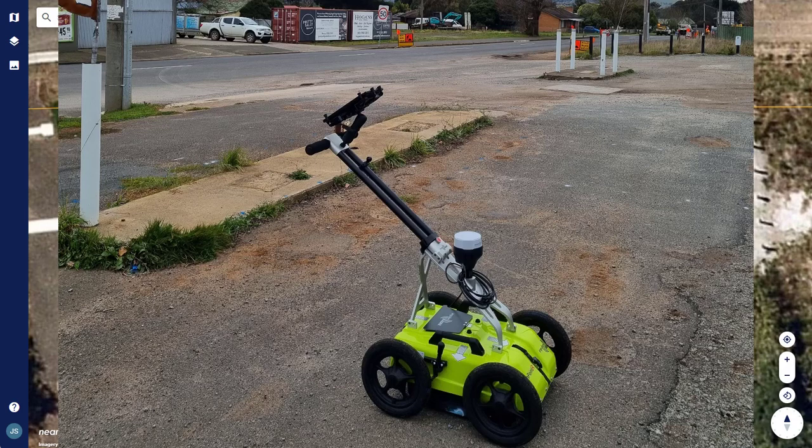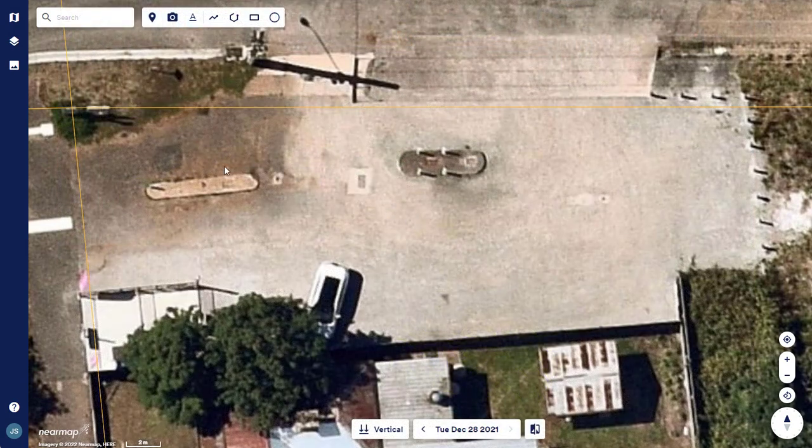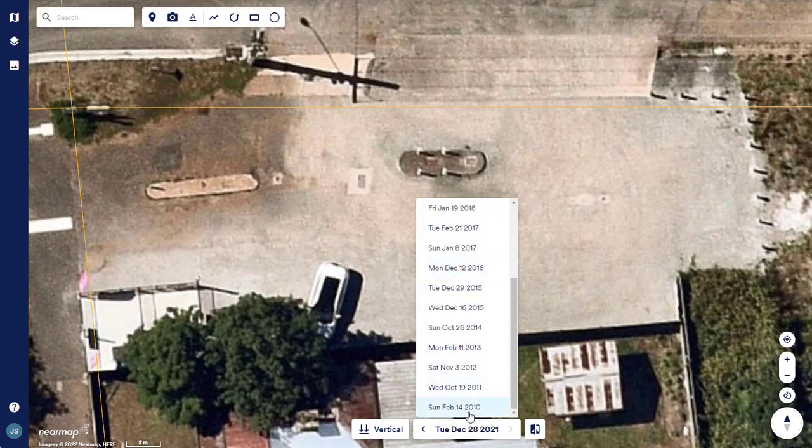The signal bounces off pipes, trenches, and large objects in the ground such as tanks, and those are the types of things that I'm interested in looking for on this particular site. Being an old servo or fuel site, there's got to be some tanks, or excavations where some tanks were. If we go back in time as far as we can,